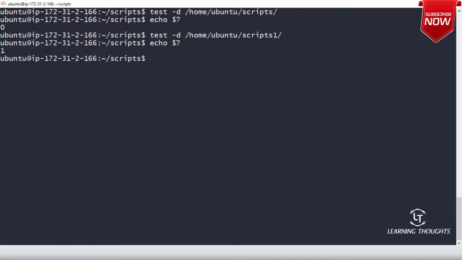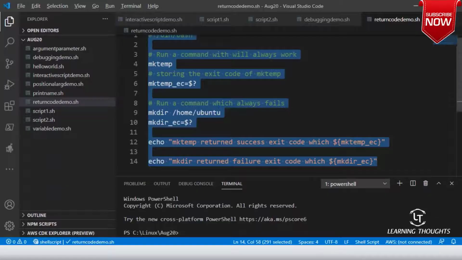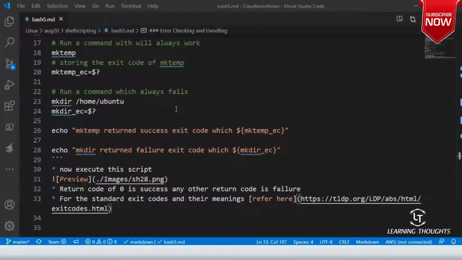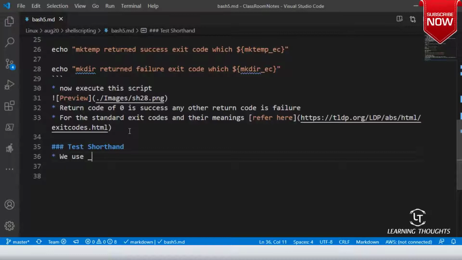So now what I want to do right now is test shorthand, because many times we use the test command in a lot of scripts, right?